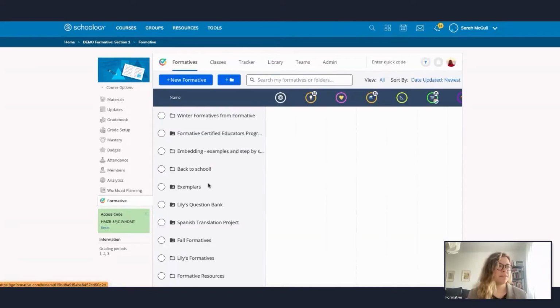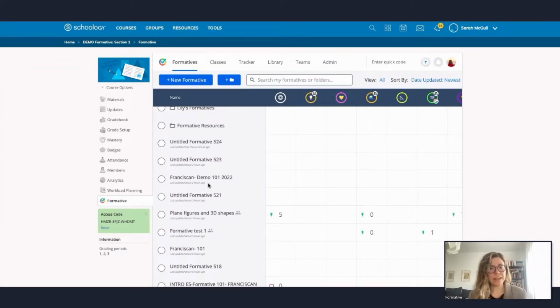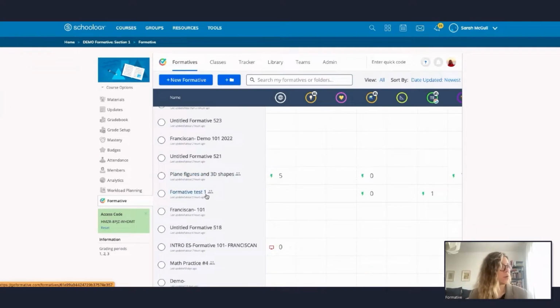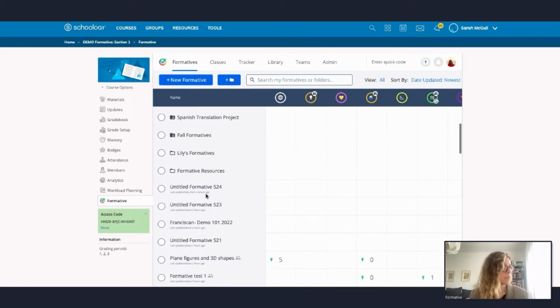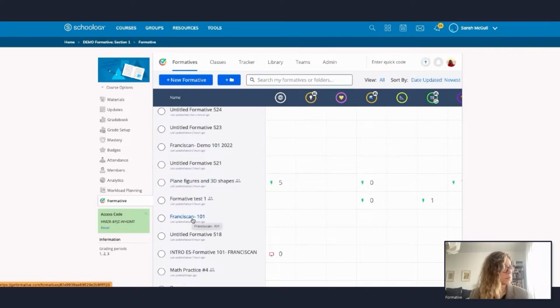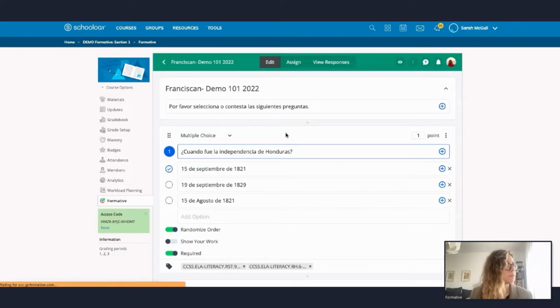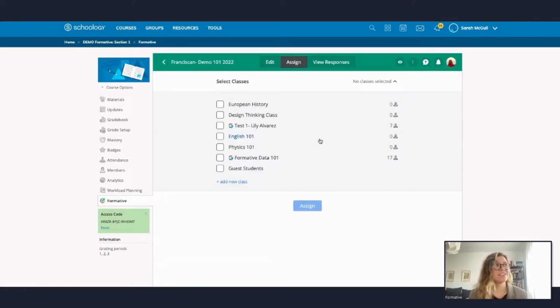So we're going to use a formative that I've already created. So let's say I have a formative here. So this one, let's actually go to this formative that I created here. So I have this formative here, and basically the only thing that I want to do at this point, I want to assign it. Just assign it as if you were going to assign it to any of your classes. In this case, I'm going to assign this to European history,